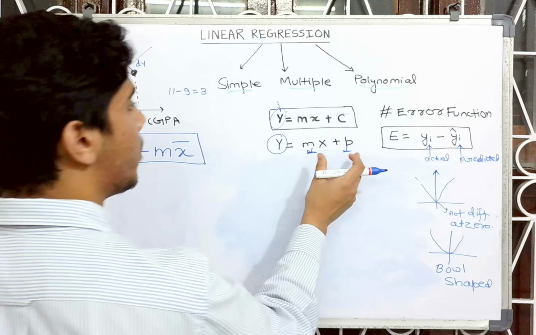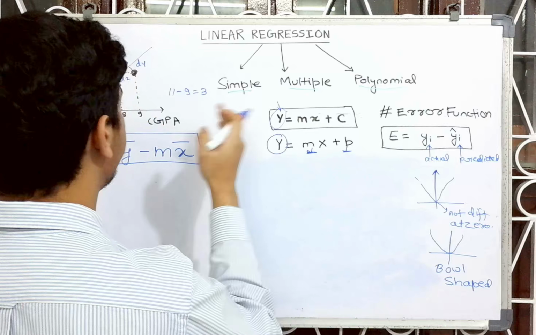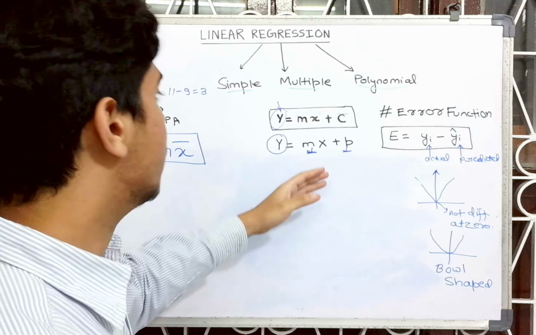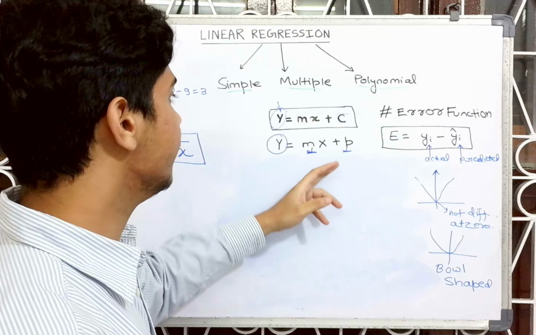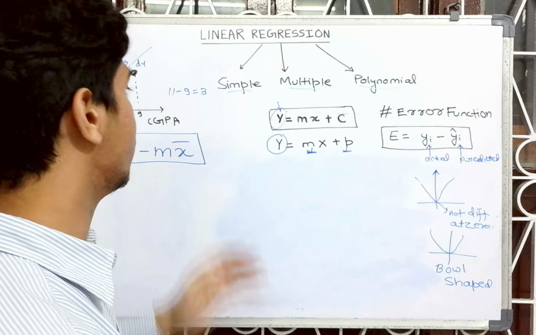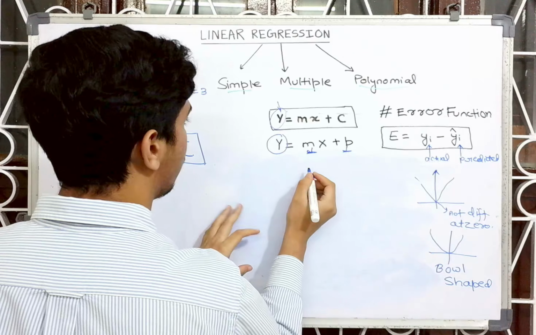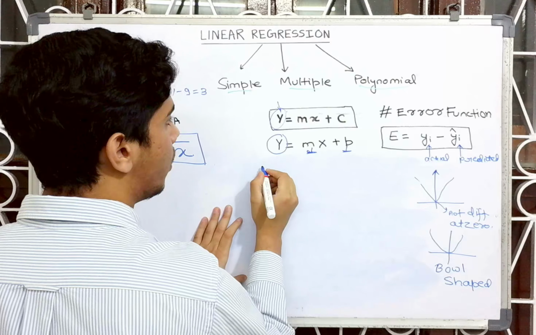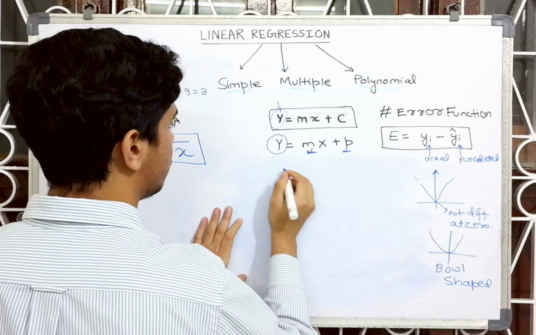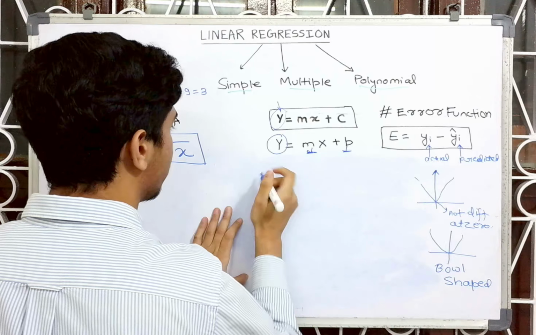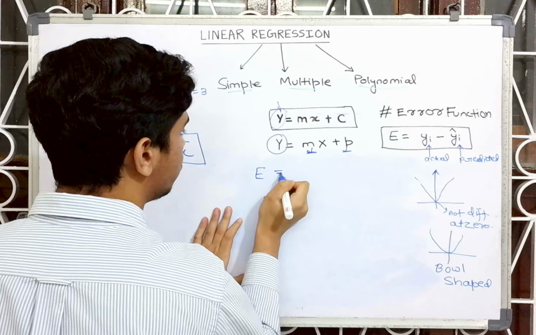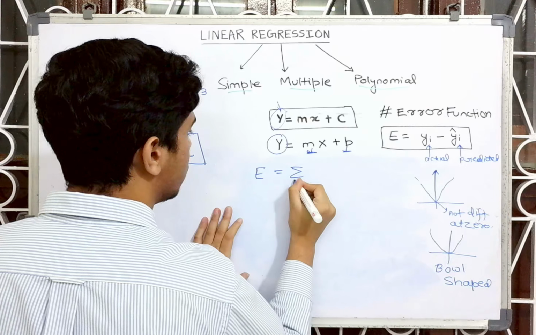If we know m and b, we can find y. Y is the prediction we are making, and x is the data given. For example, we had CGPA. Let's solve for m. For the equation, we had that the error is equal to the summation, i equals 1 to n,